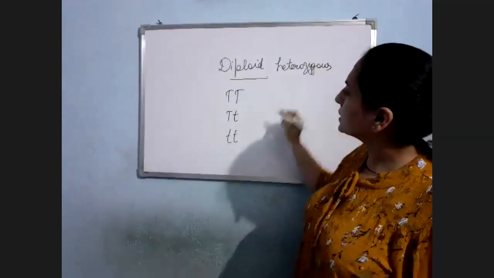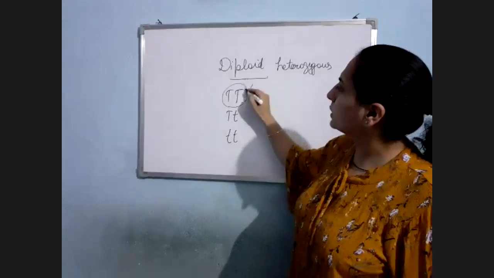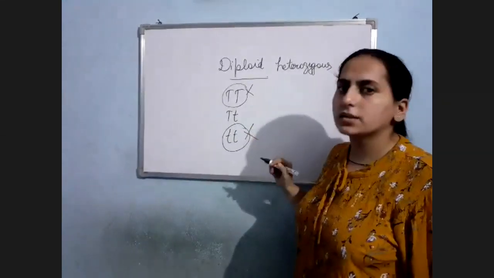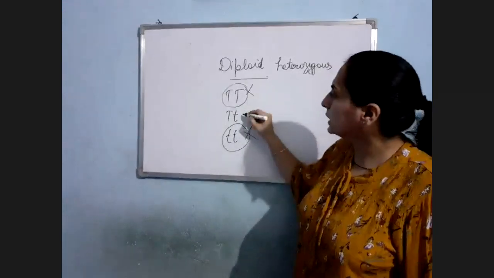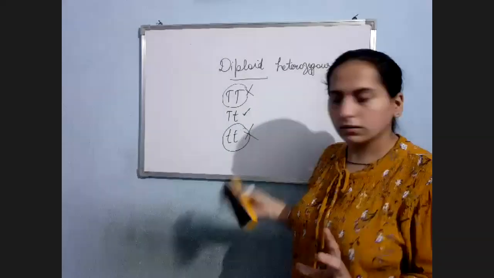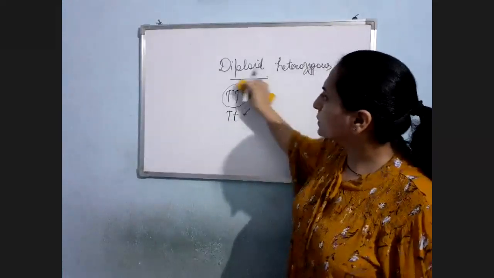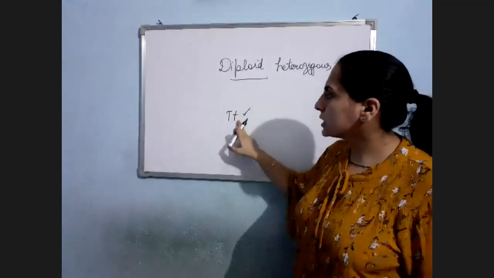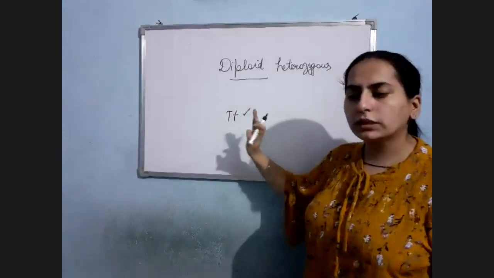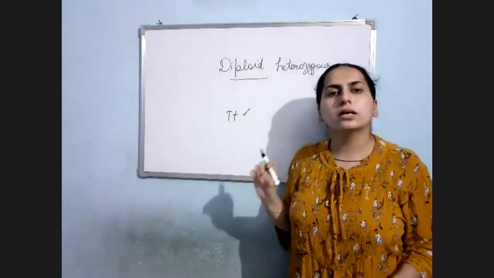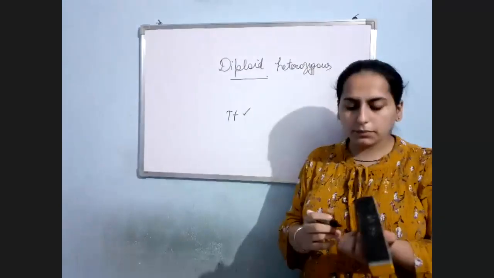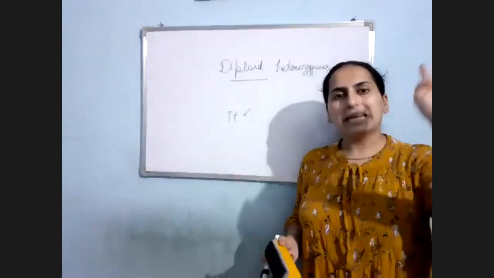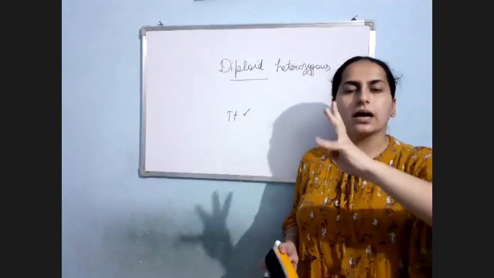Heterozygous directly means this condition is not possible. This is homozygous. This condition is again not possible. This is homozygous. So what could be the condition? This. Am I clear? Now, the organism is diploid, so from diploid I got to know 2 alleles are there. Heterozygous, so I got to know that both the alleles are different. They are not the same. Now the organism is heterozygous for how many loci? 4. Means 4 genes are different.